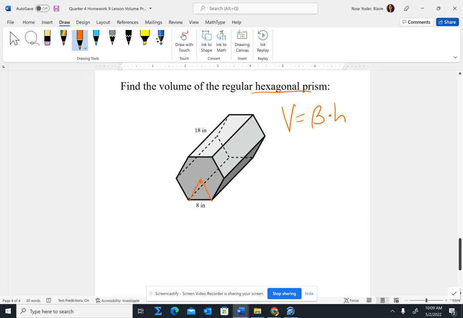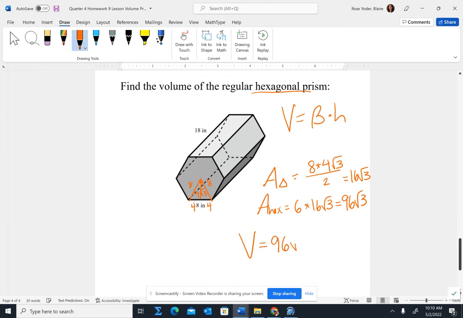So we're going to do our thing where we split the hexagon into equilateral triangles and we split the base up into 4 and 4, which means the height is 4 root 3. So we have one triangle is 8 times 4 root 3 divided by 2. And then the whole hexagon is 6 of those. So when it comes to the volume, all we have to do is area of the base